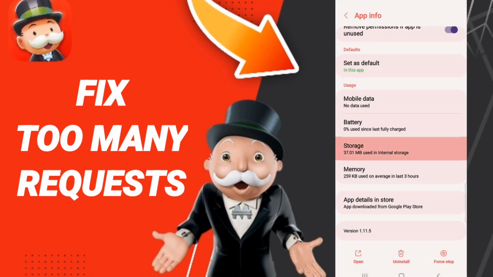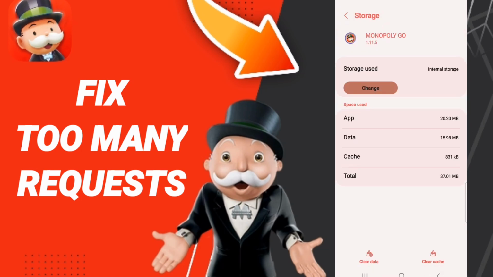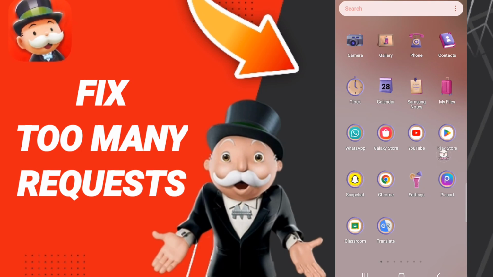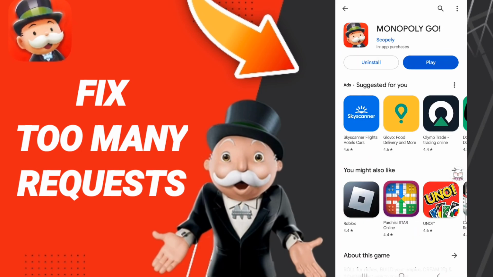Then you will enter to storage. After that we click clear cache, and in the end you can go to Play Store. I don't have here update, but when you'll find it in this blue sign you can click to update your